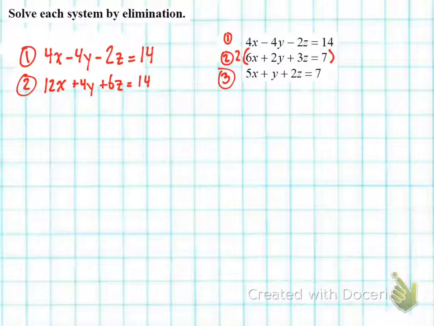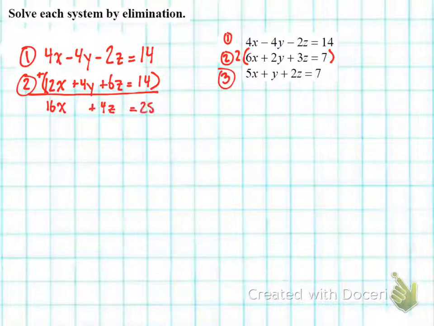So, now that my y's are the same, I'm focusing on my y's. I want to eliminate them, so I'm going to add them. So what I'm left with is 16x plus 4z is equal to 28. This is equation number 4. Okay? Do the same thing with 2 and 3. Since I already converted 2, I'm just going to recopy it. Got 12x plus 4y plus 6z